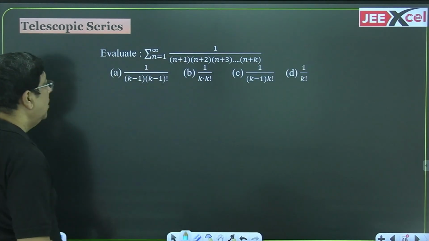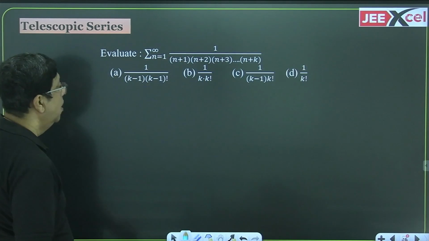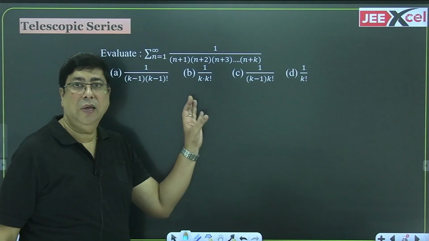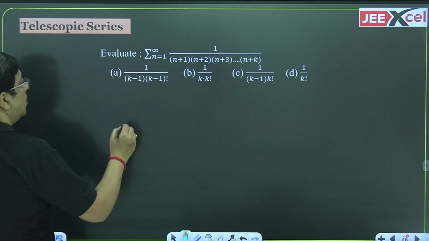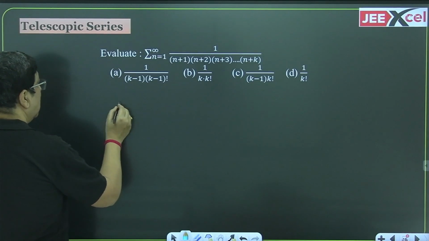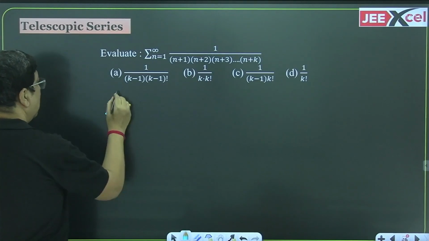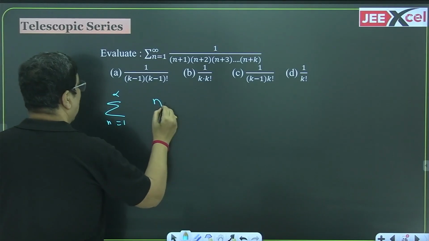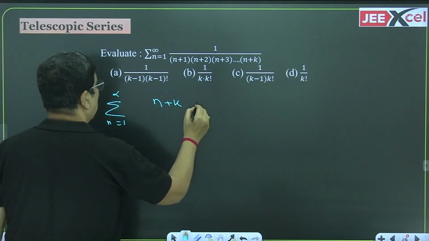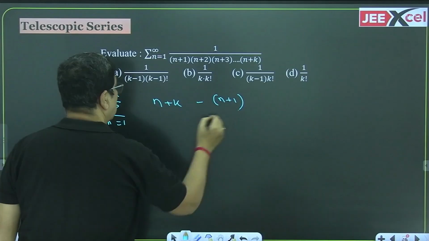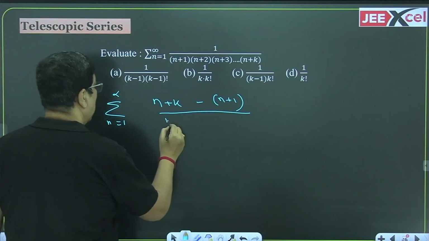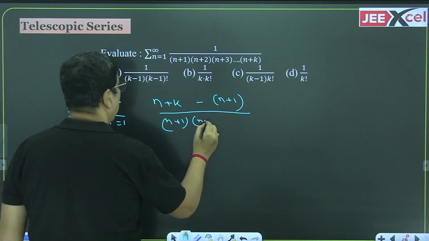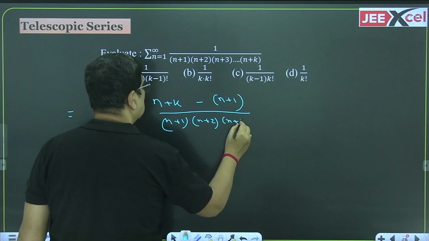For example, this is a very important sum, very popular for the JEE examination. These types of sums are very popular for the JEE examination. So let us see here. What will we do here? In this case, just see one thing. Summation of n equal to 1 to infinity. We will take the last term minus the first term. Always you have to do it like this. If we do this in this way, 1 by n plus 1 into n plus 2 into n plus 3